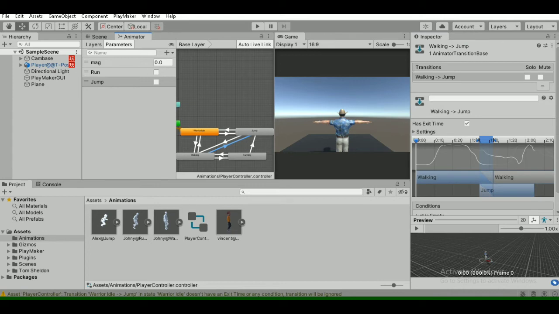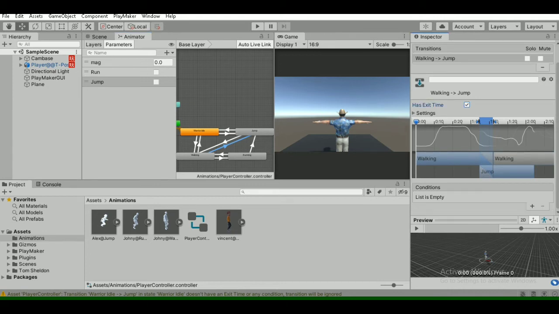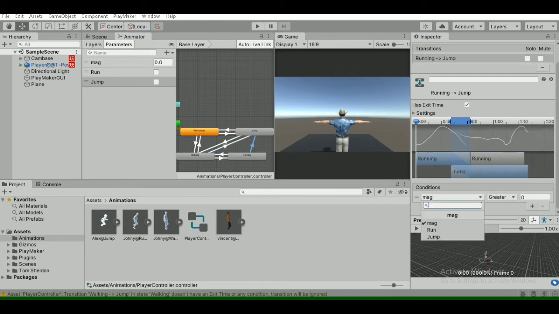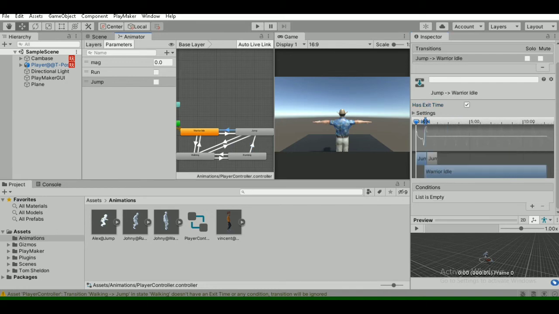From walk, has exit time closed, if jump is true. From run, if jump is true, has exit time is closed. Now for coming back, you should remember that has exit time should be checked, otherwise your player will not do the full jumping animation.